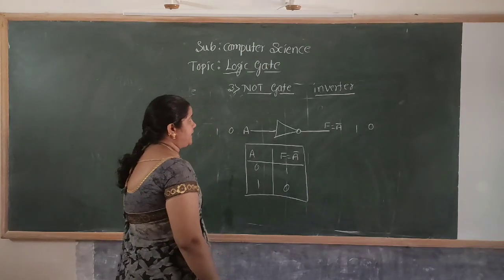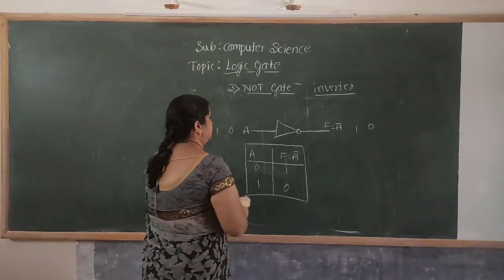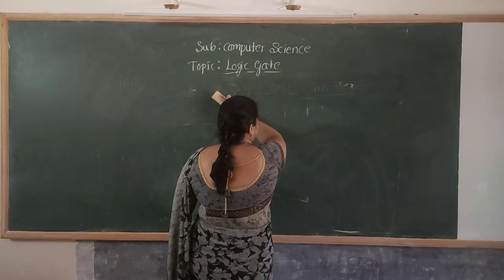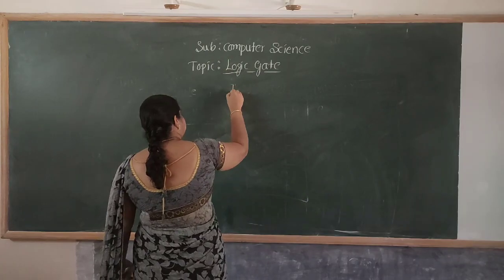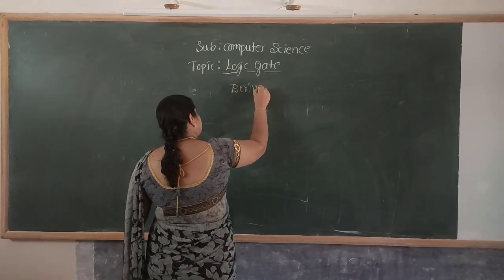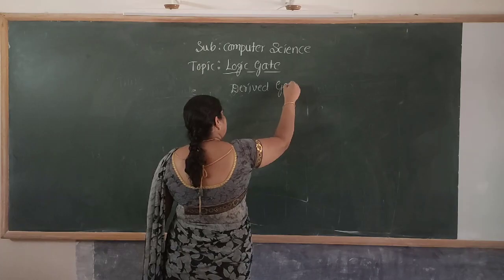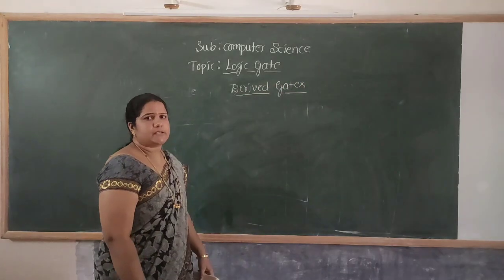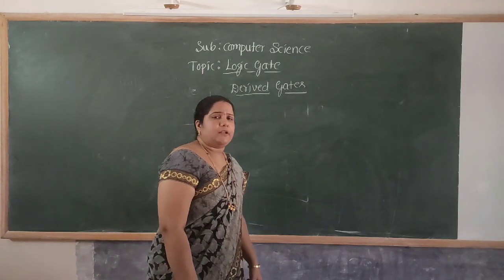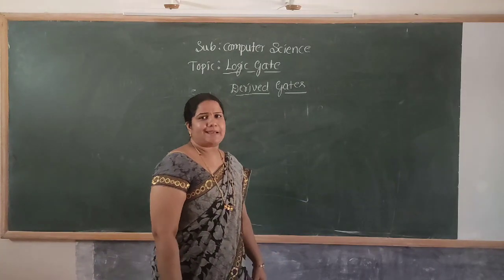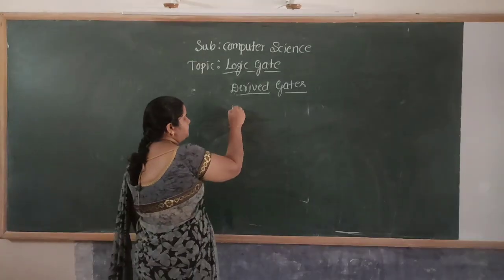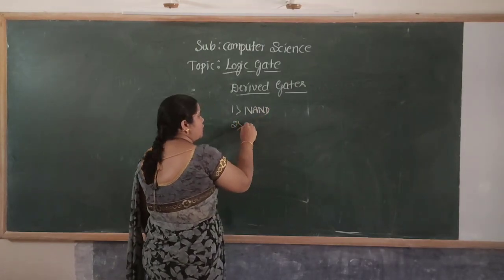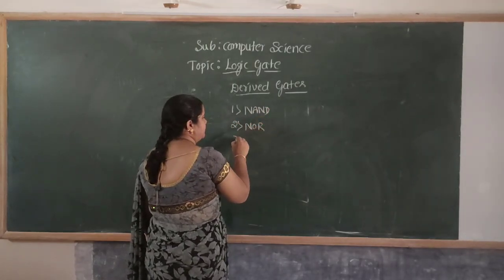Next one will be the derived gates. Derived gates can mainly be derived from the basic gates. They are classified into 4 types: NAND, NOR, XOR,